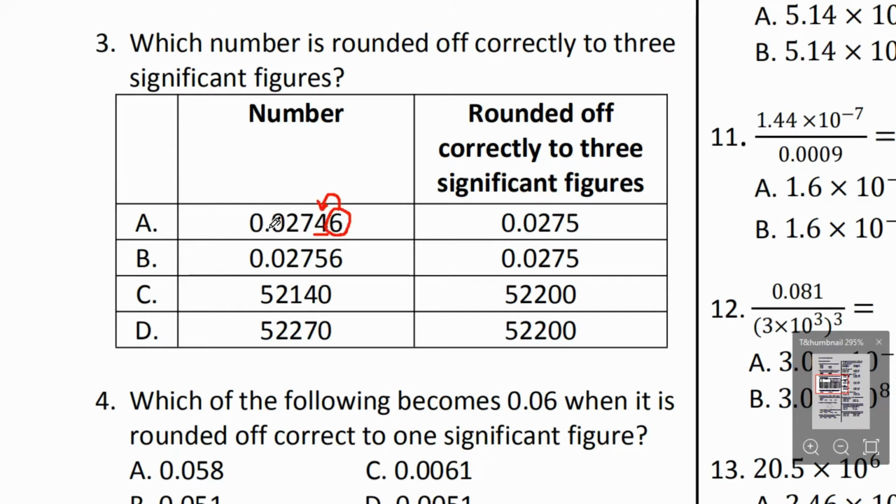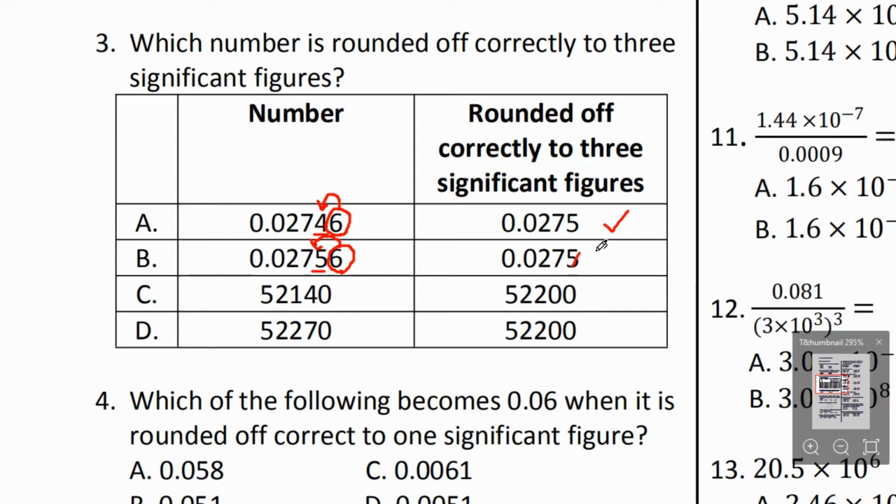So you have 0.0275. Okay, A is correct. So we try the rest also. For B, 0.02756. The 0 in front is not counted, so we start from 2: 1, 2, 3. Underline, circle. 6, so we have to round up. So the answer should be